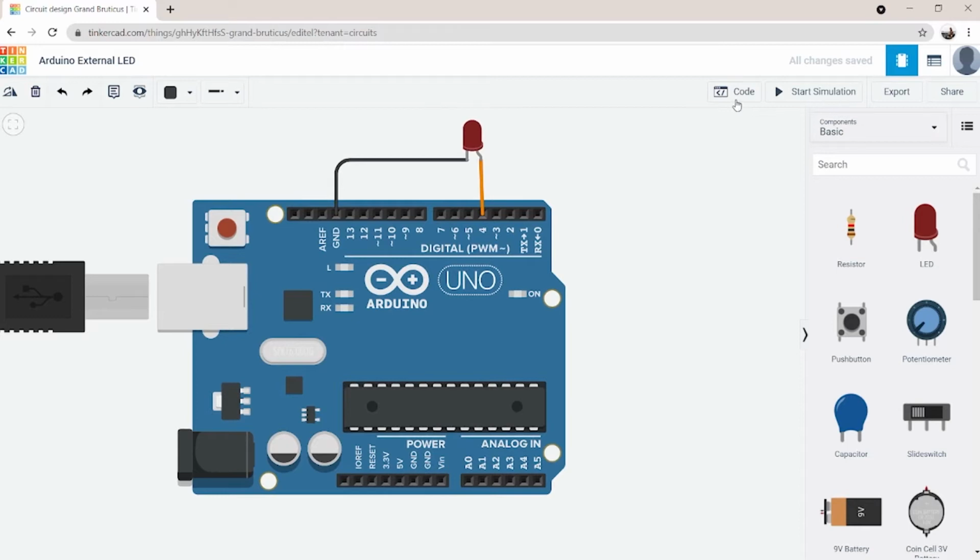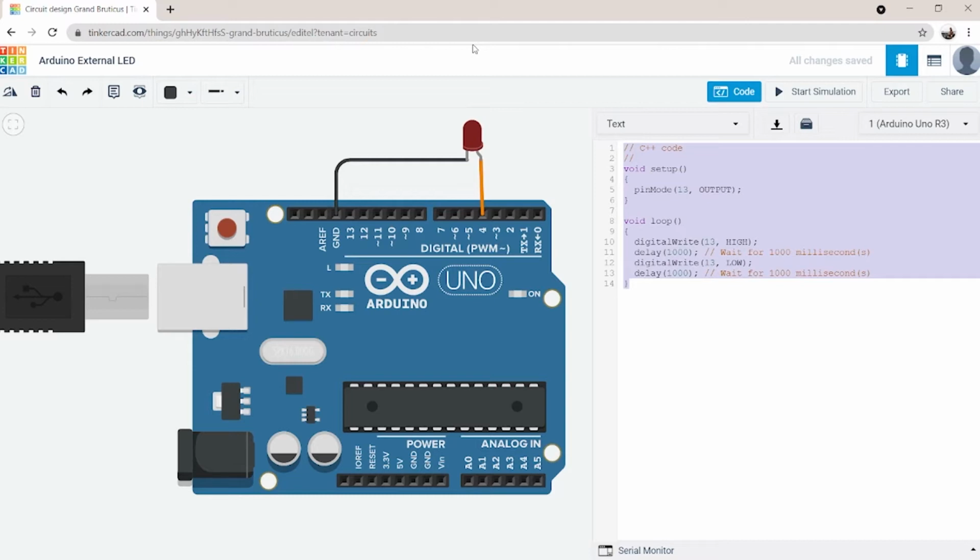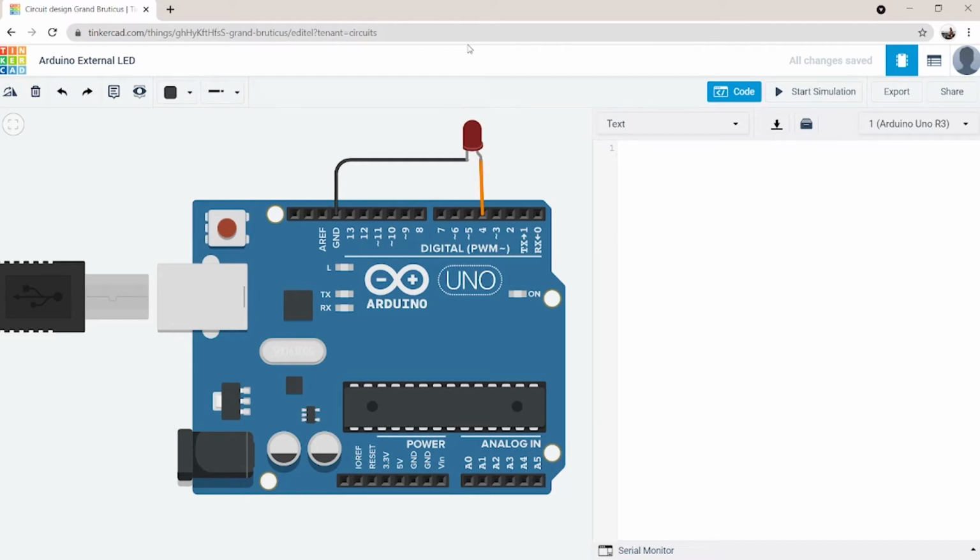I will show you how to write a code from scratch. We first write function setup with return type void. This function runs once as soon as the Arduino starts up. In this function, we will define pin number 4 as output. So we will call pinMode function and give the parameters 4 and OUTPUT. This will set pin number 4 as an output pin. Remember that C++ language is case sensitive.